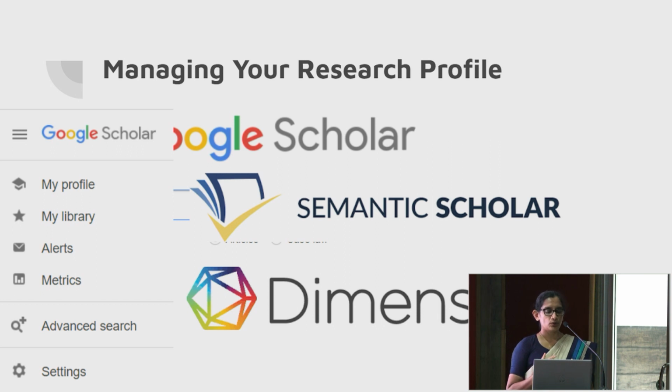In addition, there's dimensions.ai. This is also similar to Semantic Scholar or Google Scholar, but again, it will give additional insight. For example, it will predict how many citations you will get next year based on the citations you collected this year. So explore this on top of Google Scholar and see where you and where others are.